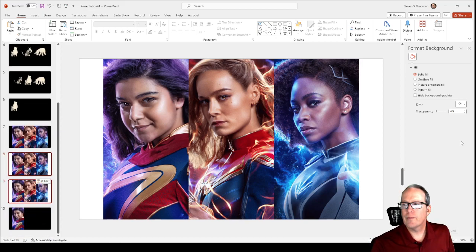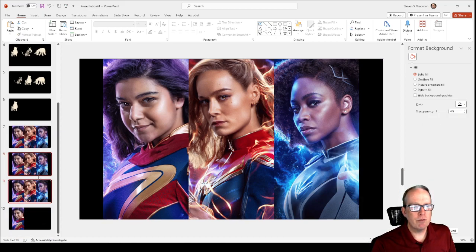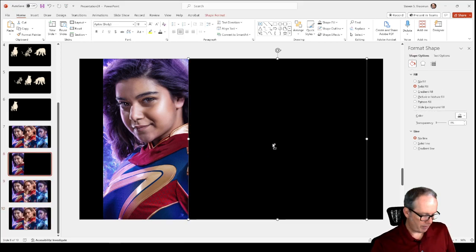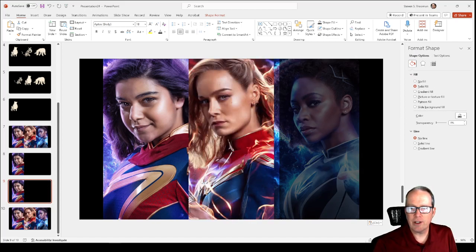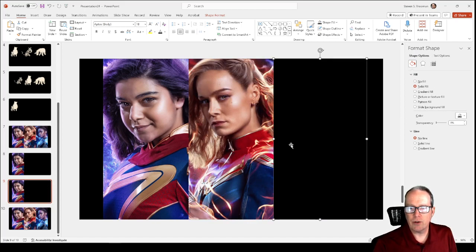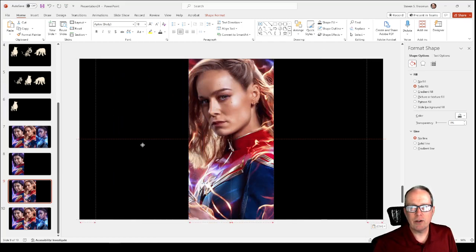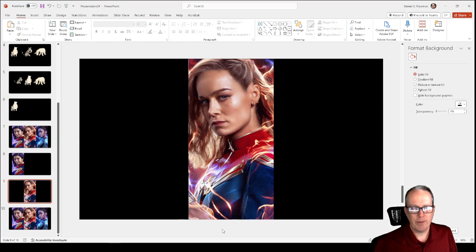And I can do the same thing for the other two. And then I just move it around, right? So these are going down here. And so I'll just copy my black rectangle. Whereas if I have a textured background, I have to adjust it to make sure that it matches the background. Whereas if your background is plain, you can do tricks like this fairly easily. And then I focus on that one, right? And then I can do the same down here